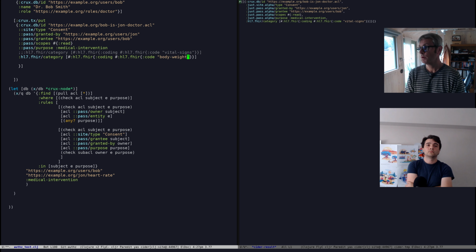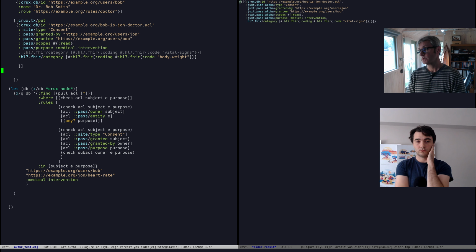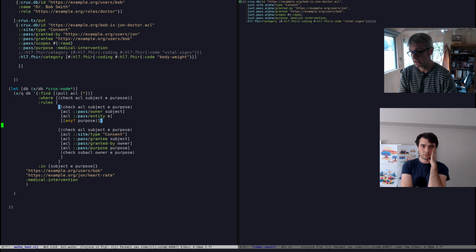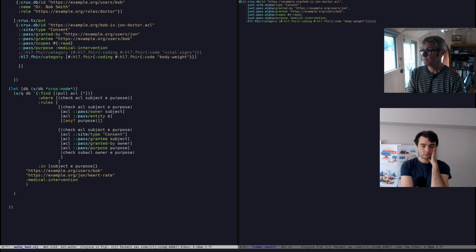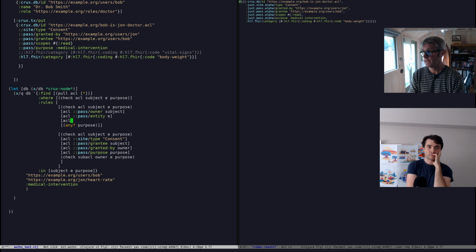So what we'd like is for Bob to have got John's consent to read his body weight, but not his vital signs. So when I run that query, we really would like this consent to be a bit more fine-grained. So now we have to bring in this idea of category. Well, the ACL